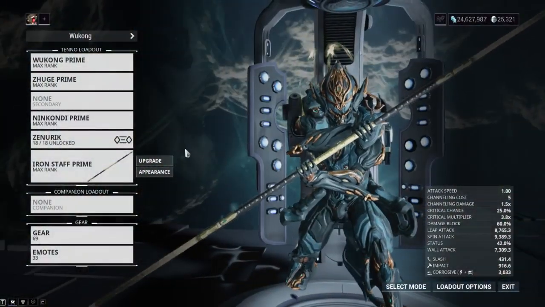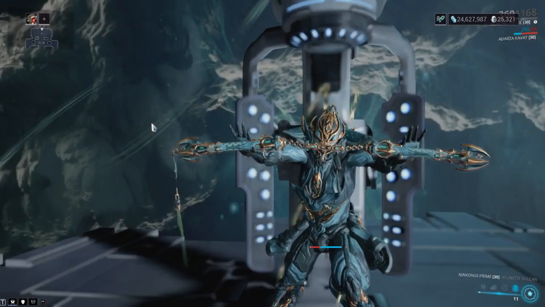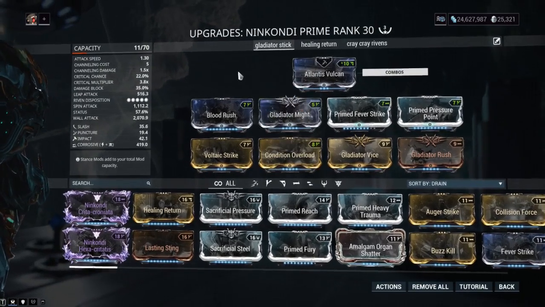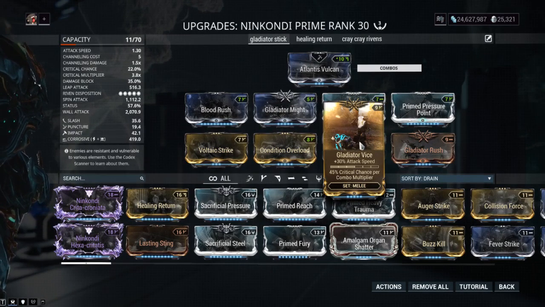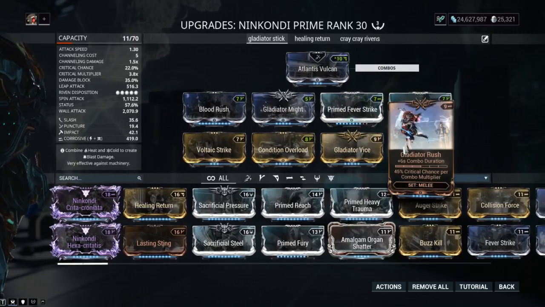Okay, so some additional things you can do to min-max your build here, guys, is you can actually put some gladiator mods on your melee weapon. The gladiator mods have this set bonus where you get additional critical chance per combo multiplier. So that actually will affect your 4th, the exalted Iron Staff. So if you don't really care about your melee as much and are okay with some slightly weaker mods on the build,